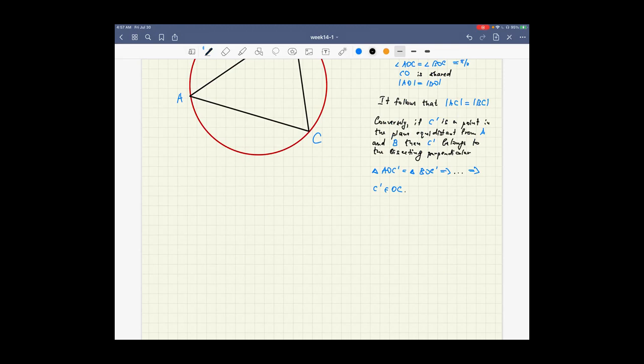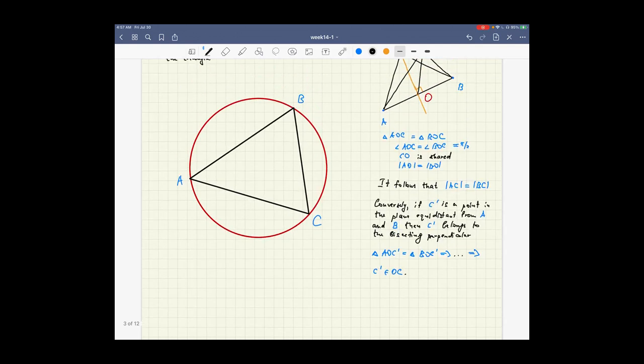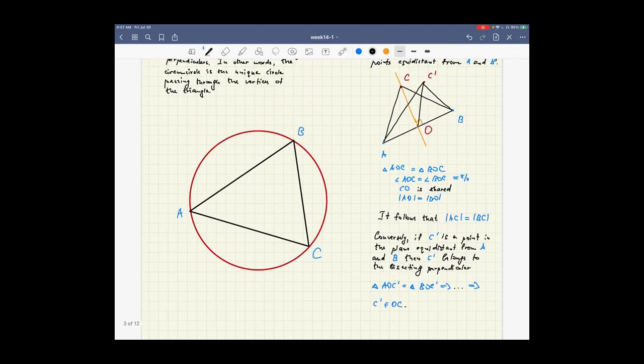Think about it. It's a nice exercise. Now, once we know that the set of points equidistant from the endpoints of a line segment is precisely the bisecting perpendicular, we see that